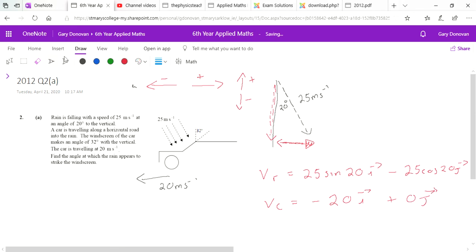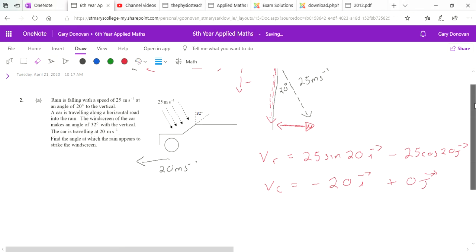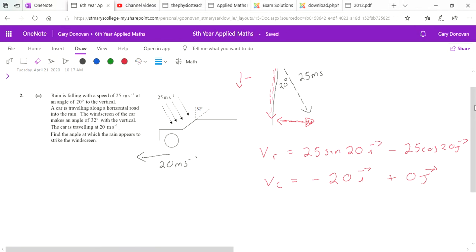There are different approaches to this. But first of all, if we're trying to get the angle that the rain appears to strike the windscreen, what we're looking for is the angle of the rain relative to the car. So if we get the velocity of the rain relative to the car, we can find this angle and then we can work from there with the windshield. So the velocity of the rain relative to the car would be VR minus VC,